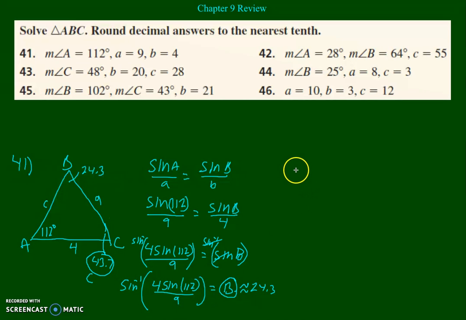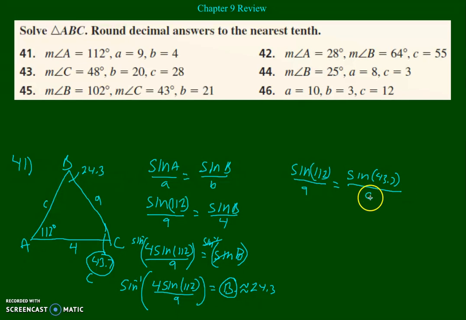The ratio for the first angle is sine of 112 over 9. And to complete the proportion, we have sine of 43.7. I'm just going to put the approximation, even though we're not going to use that in the actual calculation,